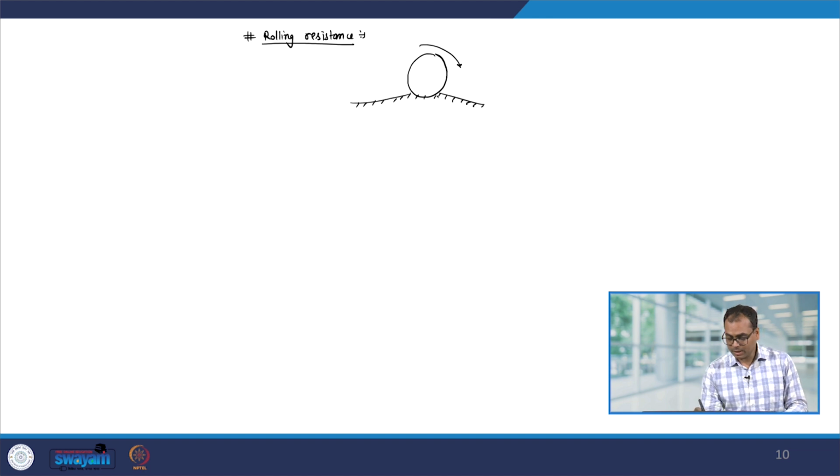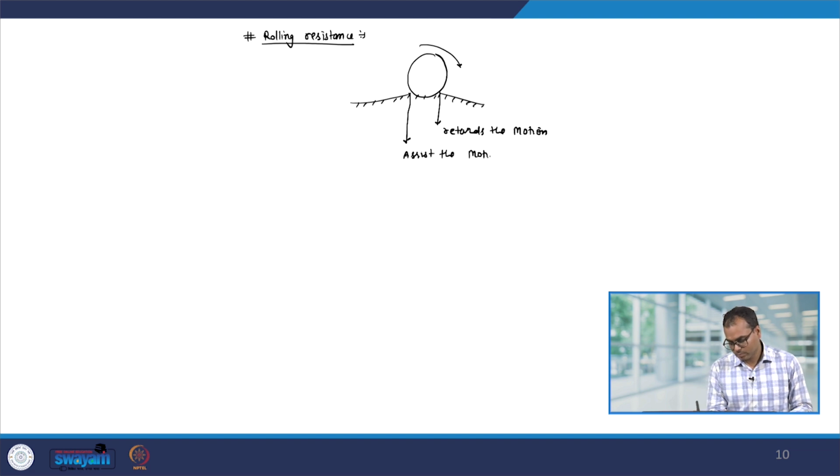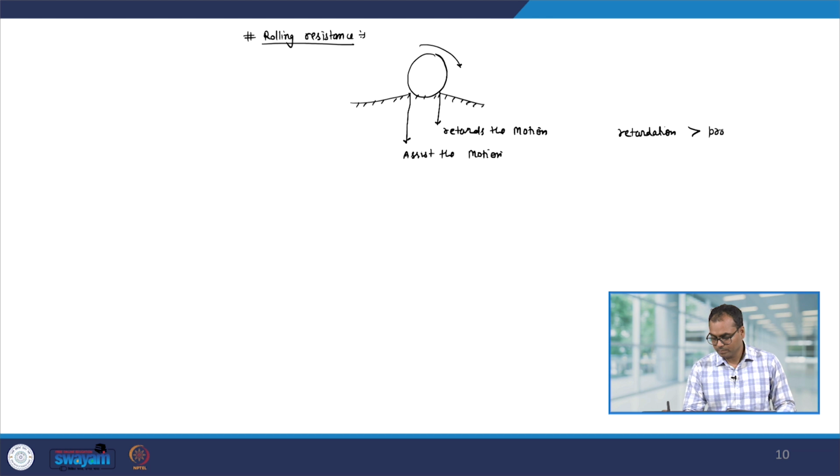The deformation in the front retards the motion and the deformation in the back assists the motion. Okay. However, the retardation is always larger than the propulsion,